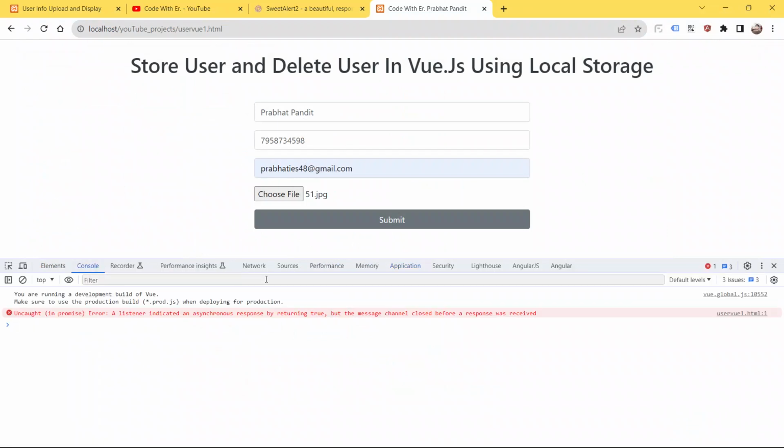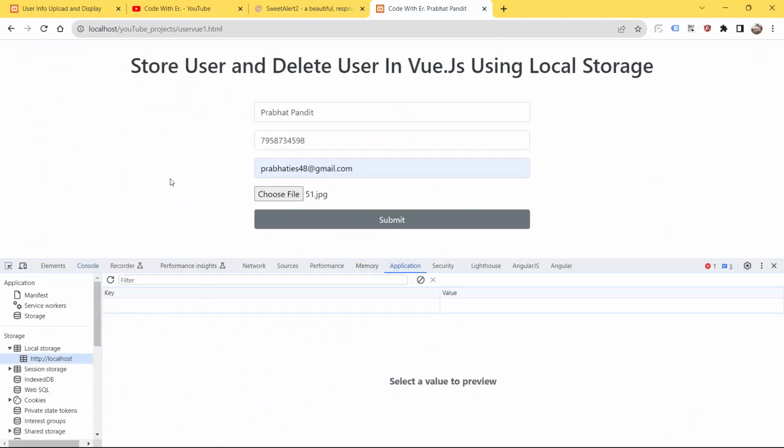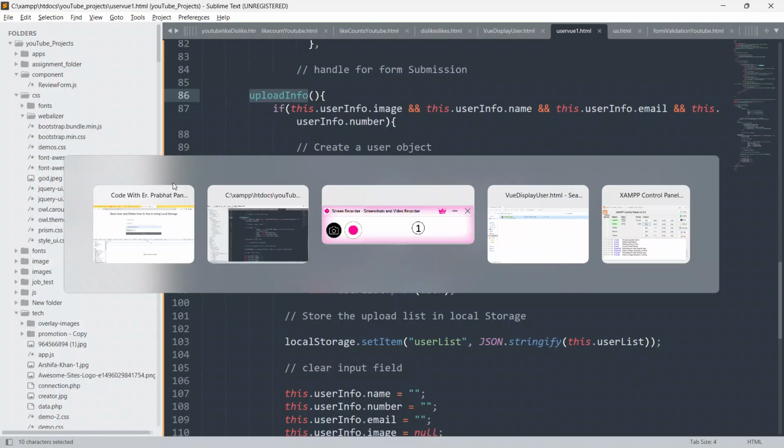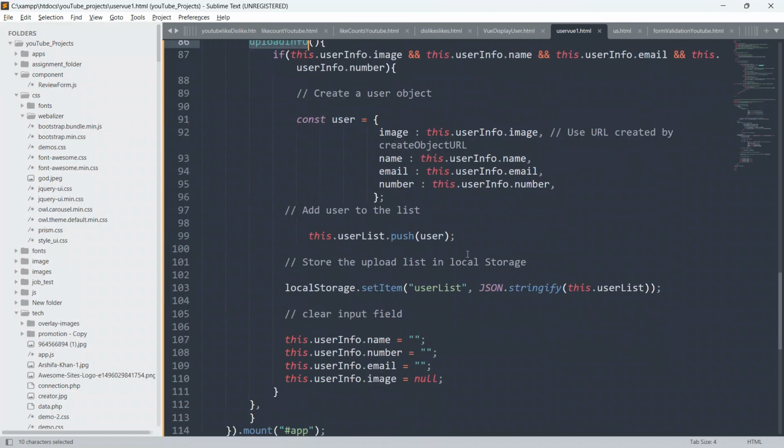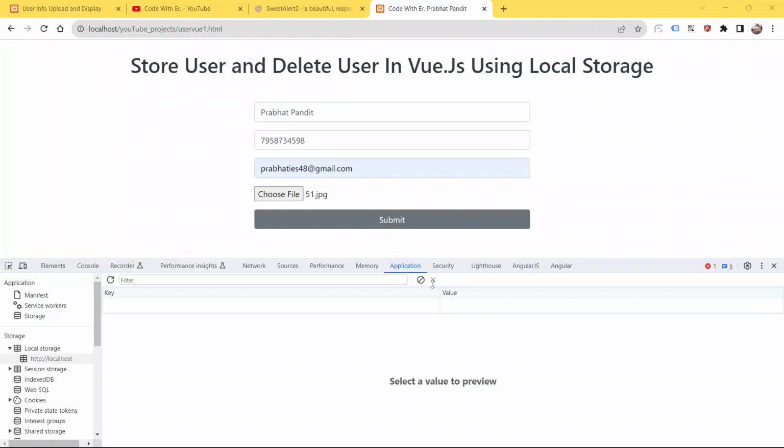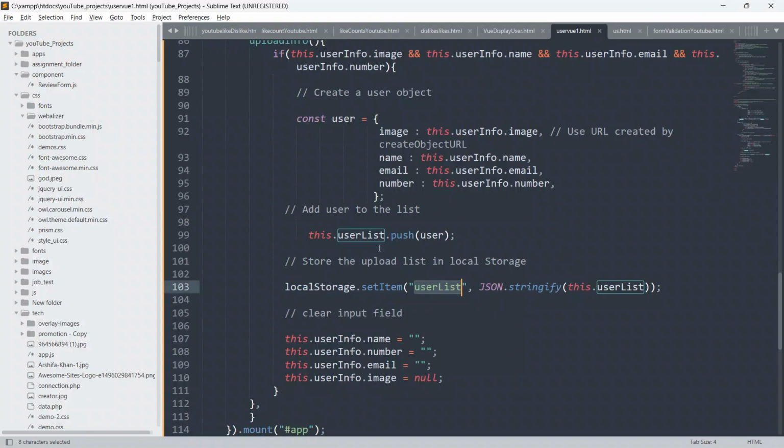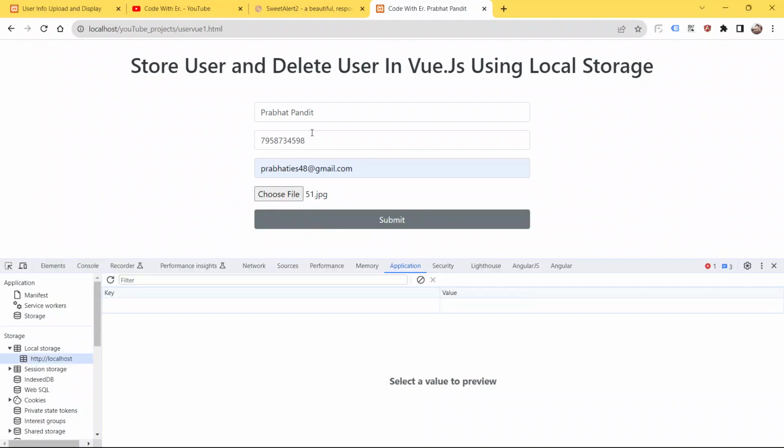At the moment I hit the button submit, you will see something in the local storage by the key user list, and the value will be the Prabhat Pandit number, email address and image. So now I am going to hit the button submit.